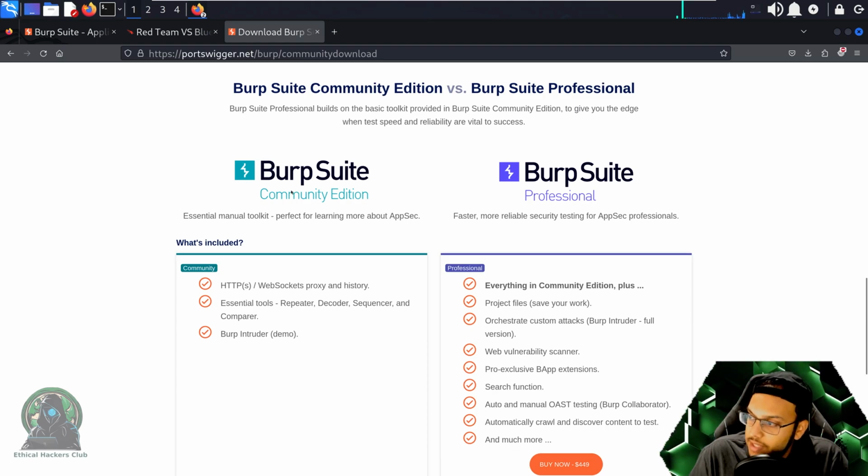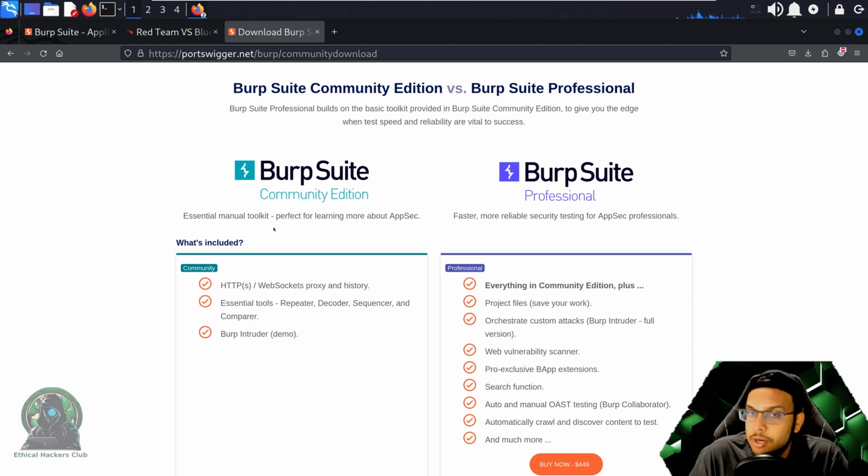Burp Suite has a free Community Edition. This is installed already by default in Kali Linux. It's going to do a lot of what you need to get started within web security and just learn how to use the tool, learn how to use a lot of the different attacks, and better prepare yourself to both understand how these attacks work and how you can defend against them,